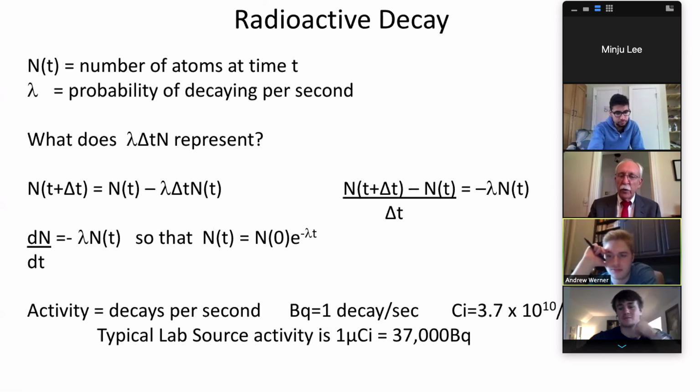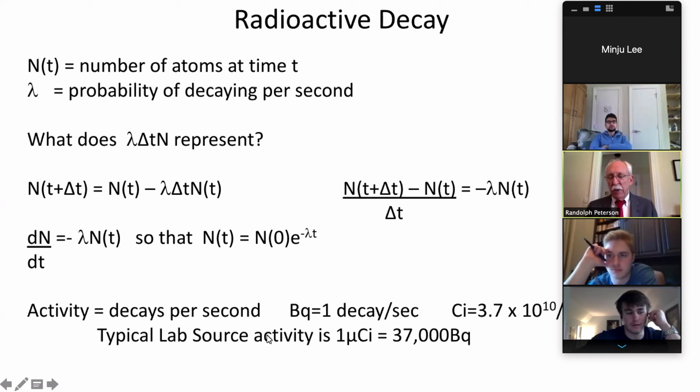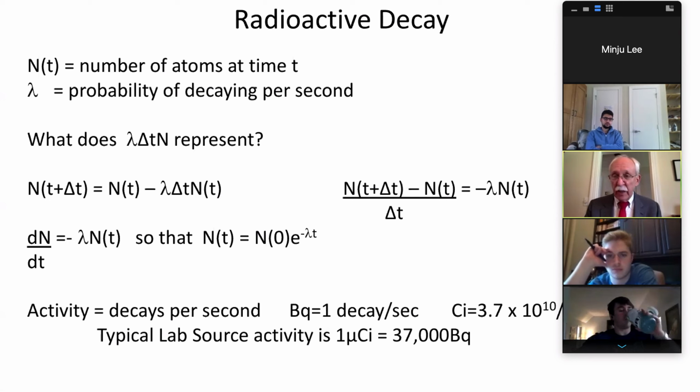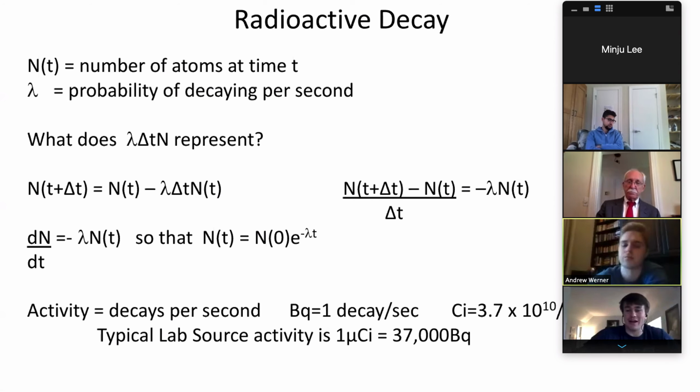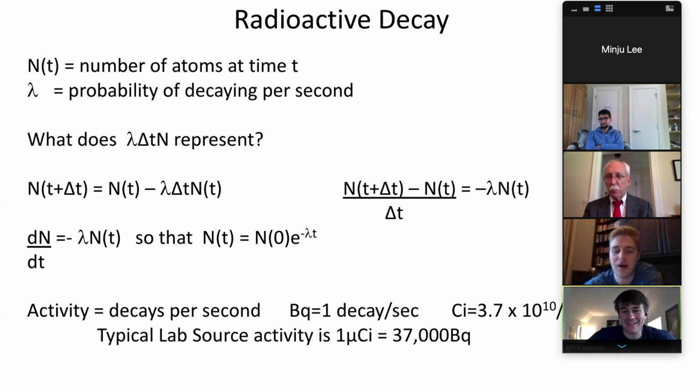Okay. And this has to do with the number of decays. So the Roentgen would depend upon how many decay products, say betas or gammas, interacted with you or an object and how much energy they carried. Okay. Andrew, are you asking about Chernobyl? Well, I've read about it in several other places. I thought it was just terminology of the Russians or whatever, but I guess it's actually a thing. Yeah, so the Roentgen is a measurable quantity, and it gives you a measure of how much radiation you're exposed